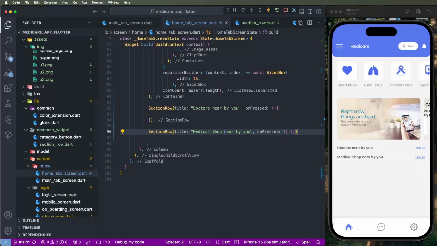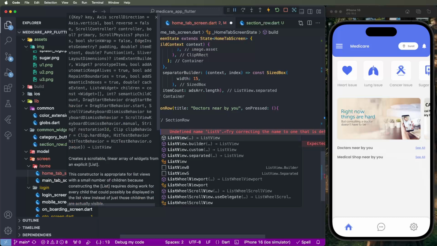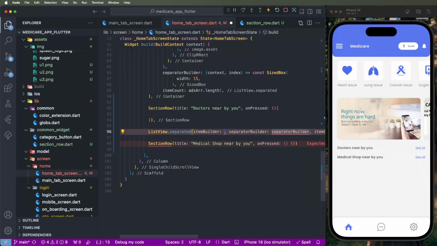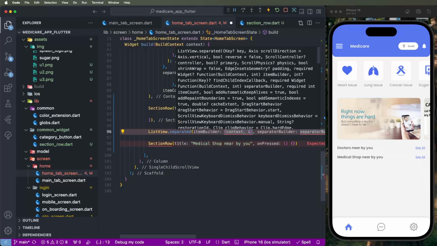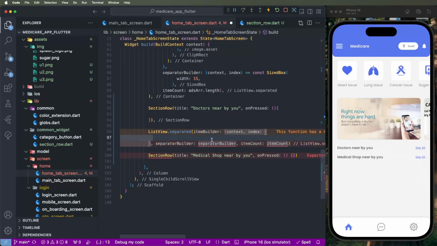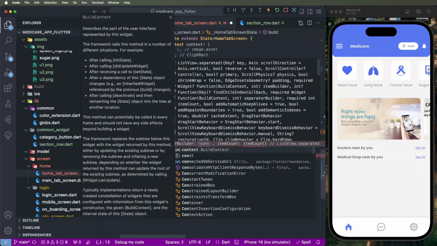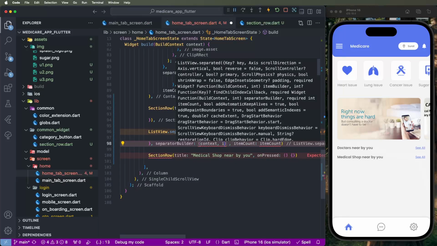Now we need to create the horizontal UI. We need to develop here. First of all, we need to give a ListView.builder with separators. We need to create the separator. First, we need to set the context parameter and index parameter. Then we need to create the separator builder. We need to configure what goes between two cells. We need to set the space,